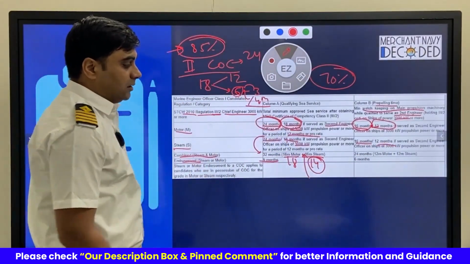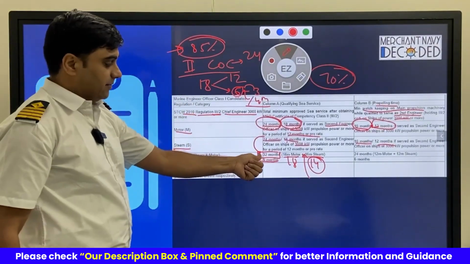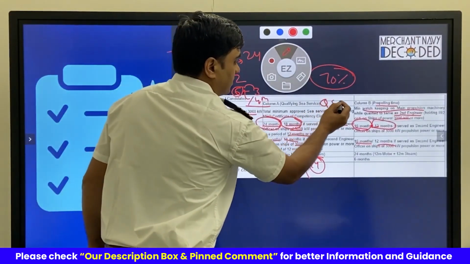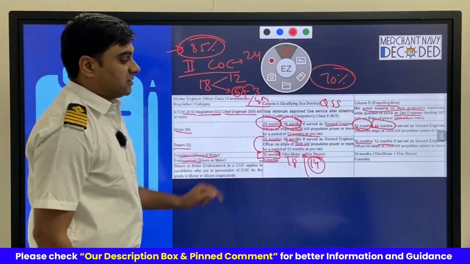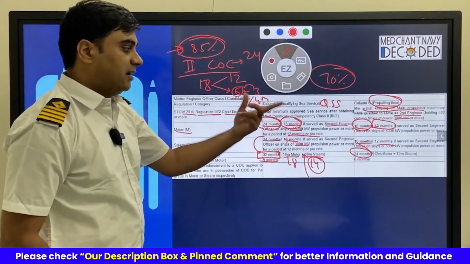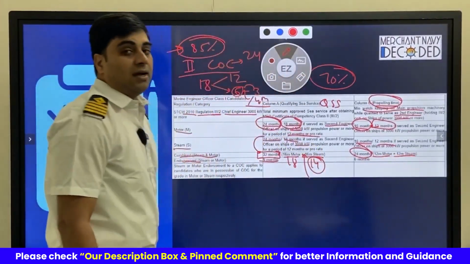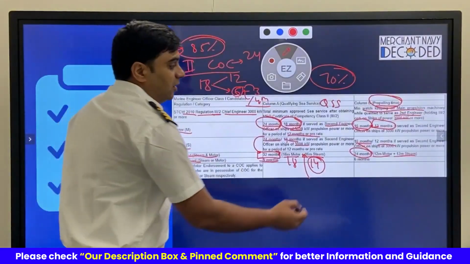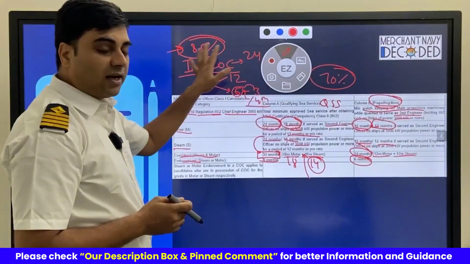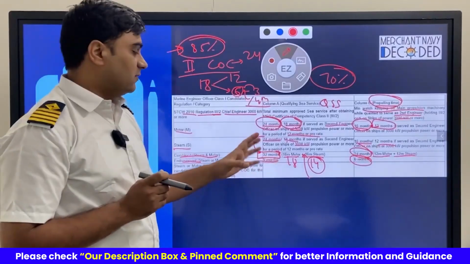However, for the combined one, when you are giving the combined COC attempt, the qualifying sea service, we call it QSS, right? Where the qualifying sea service is 32 months, the propelling time you require is 24 months. Again, the breakup is that 12 months should be on the motor and another 12 months on the steam. Whereas for the endorsement, you need a minimum of 6 months of propelling time. So that is the requirement for MEO Class 1 qualifying sea service and the propelling sea service.